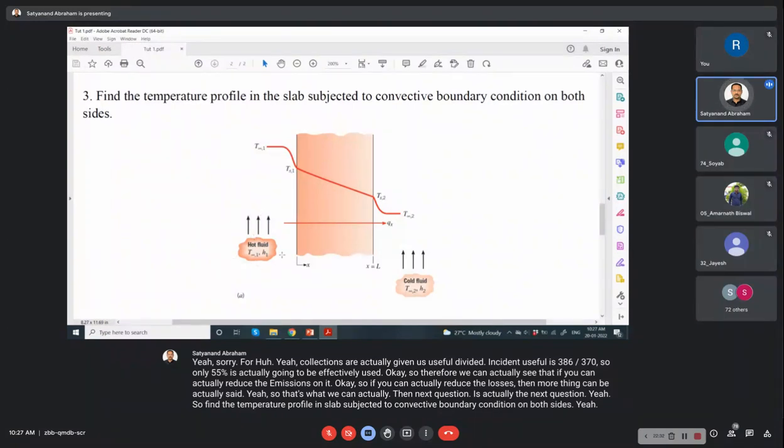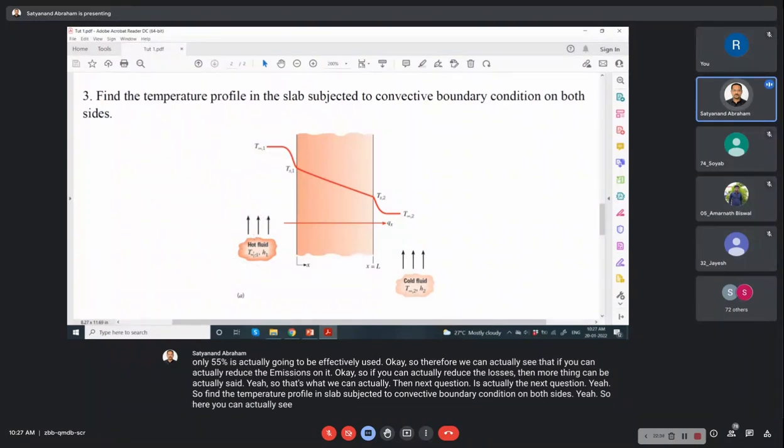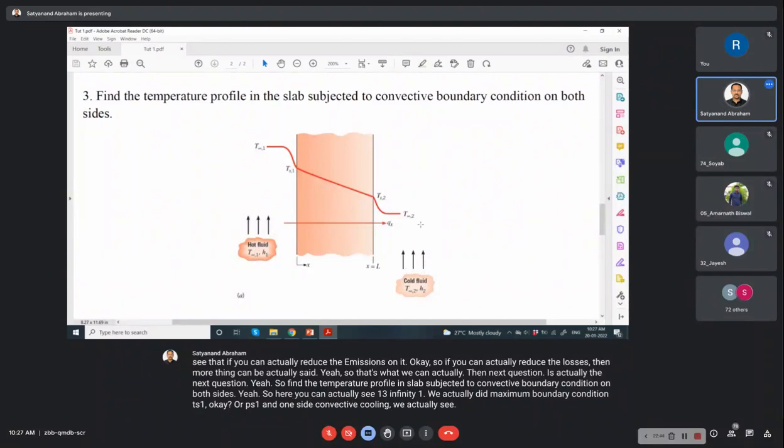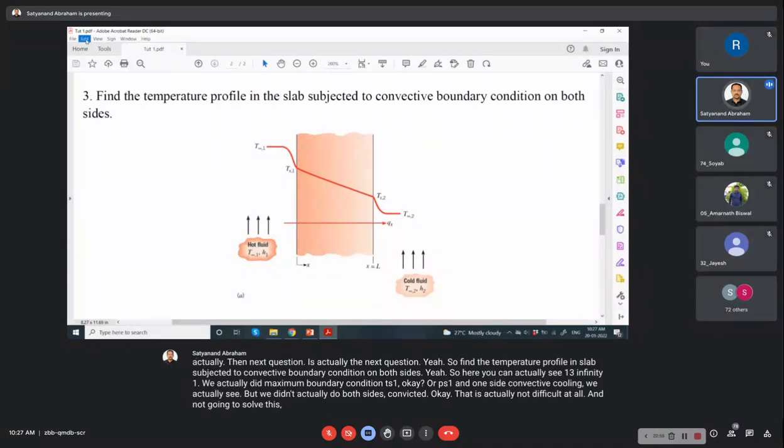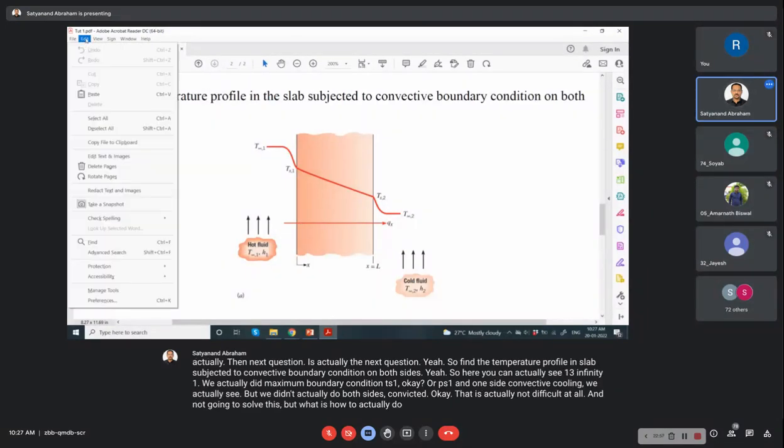Yeah, so here you can actually see T infinity 1. We did the maximum boundary condition Ts1 with one side convective cooling, but we didn't actually do both sides convective cooling. That is actually not difficult at all. I'm not going to solve this, but what you have to do is